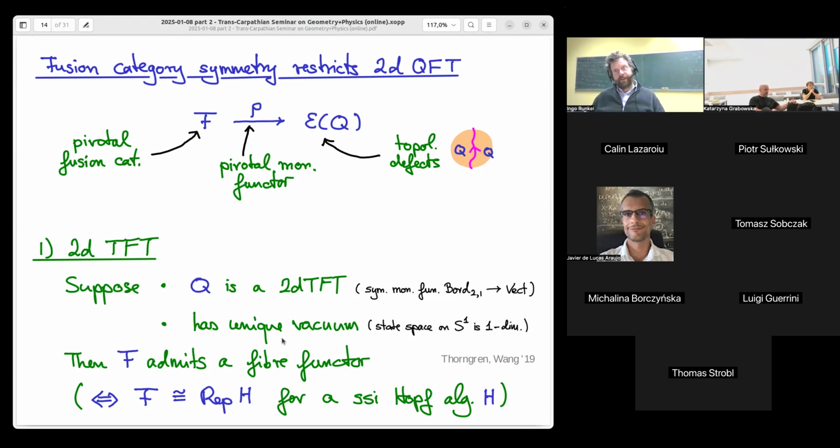So conversely, if you know at least two things about your quantum field theory, which are one, it has a unique vacuum, and two, it realizes this Ising topological symmetry, you know it's not topological because you can't realize that symmetry in a TFT. So that sort of reasoning can teach you things about quantum field theory.